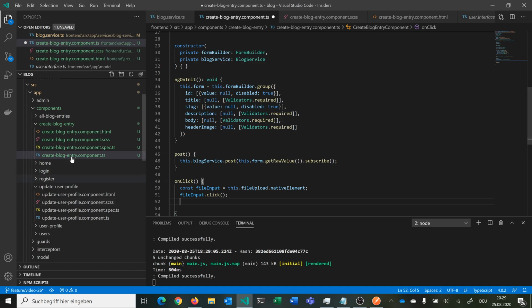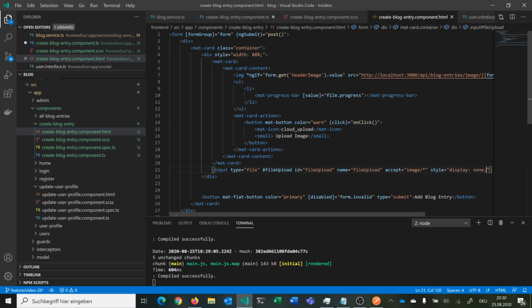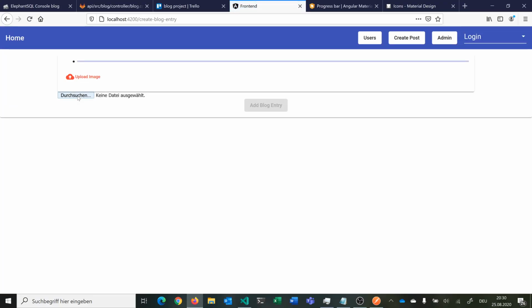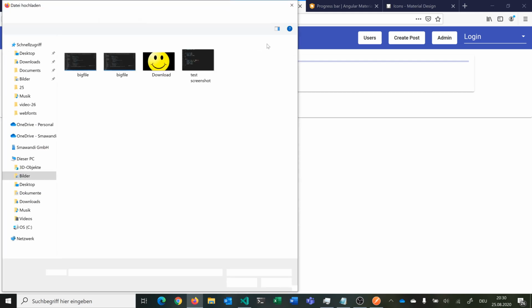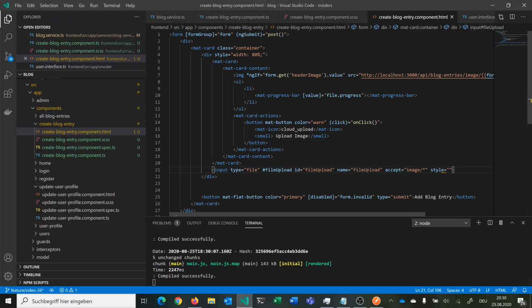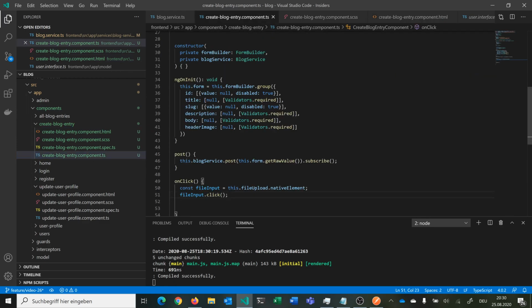So this is the same as if this here would be visible, and you would click on this to upload a picture. But now we hide this, we click here, and then we execute this here. So we go for display none again. We go for fileInput.click, and then